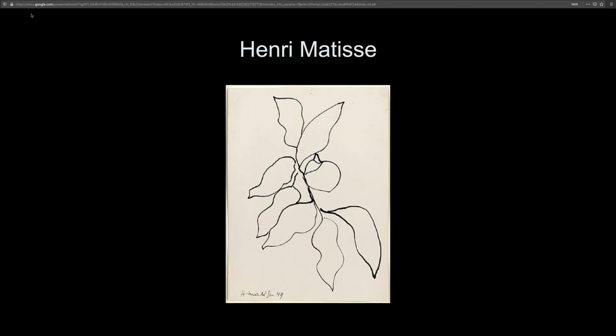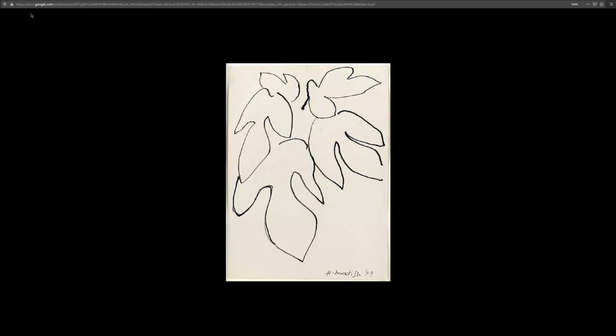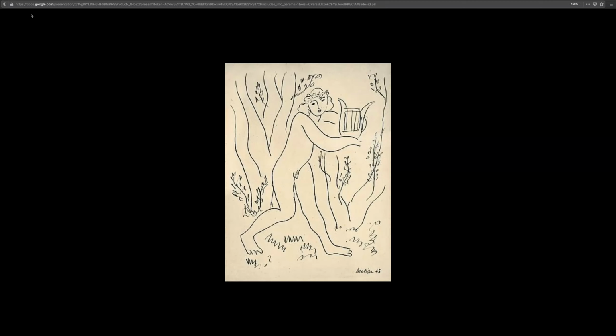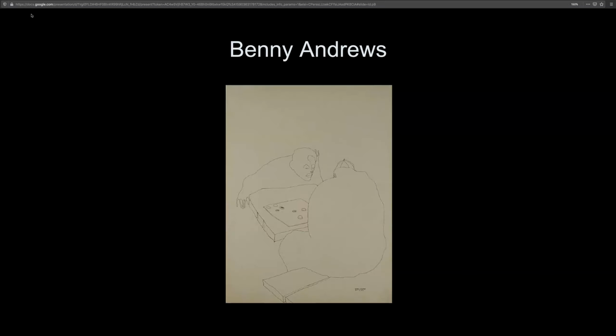Henri Matisse, this is an outline of some leaves, and Henri Matisse would do these exercises all the time. Again, he is using more than 4 lines, but we still understand there might even be a fruit hanging here. Here's another one. Beautiful, right? With just enough information. I love the grass squigglies at the bottom.